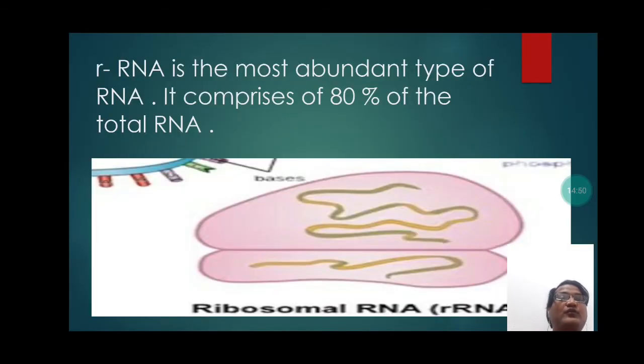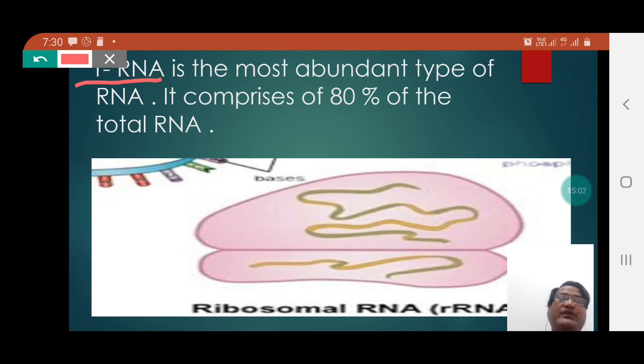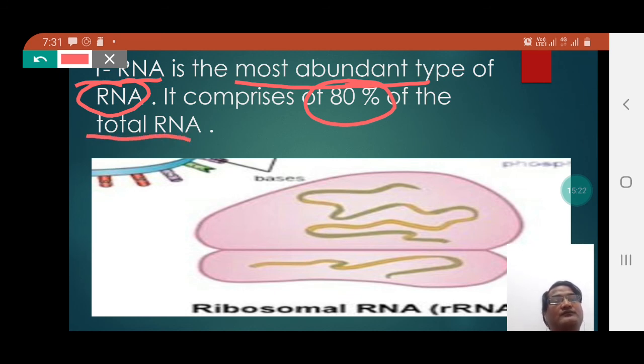rRNA is the most abundant type of RNA. It comprises 80% of total RNA. So students, rRNA, which we know as the ribosomal RNA, is the most commonly found RNA. The percentage in which it is generally found is approximately 80% of the total RNA. So students, we can say that the most commonly found RNA among the mRNA, tRNA and rRNA is the ribosomal RNA,